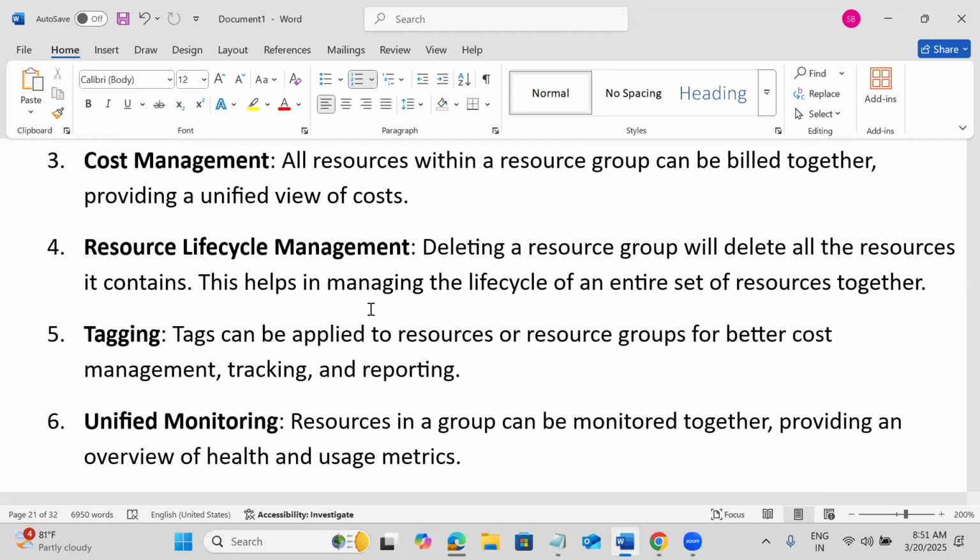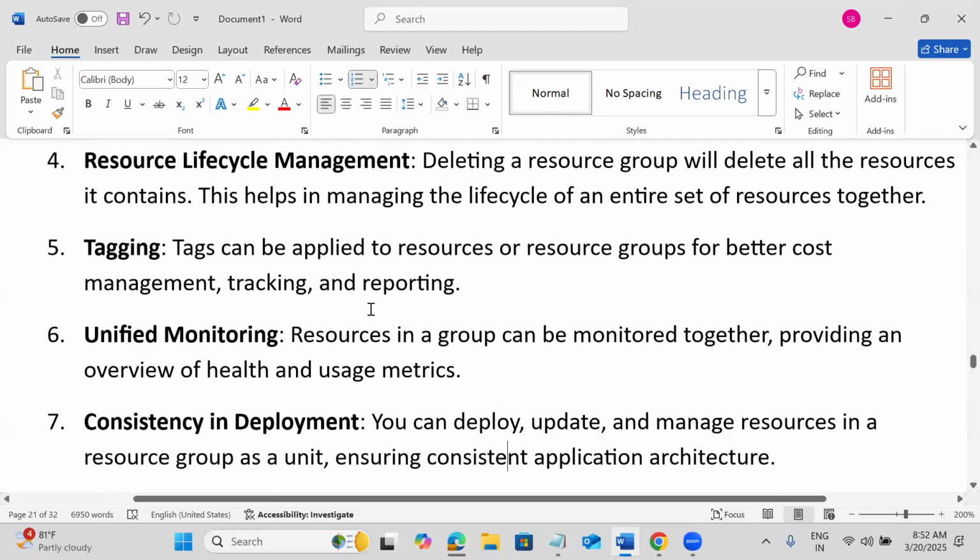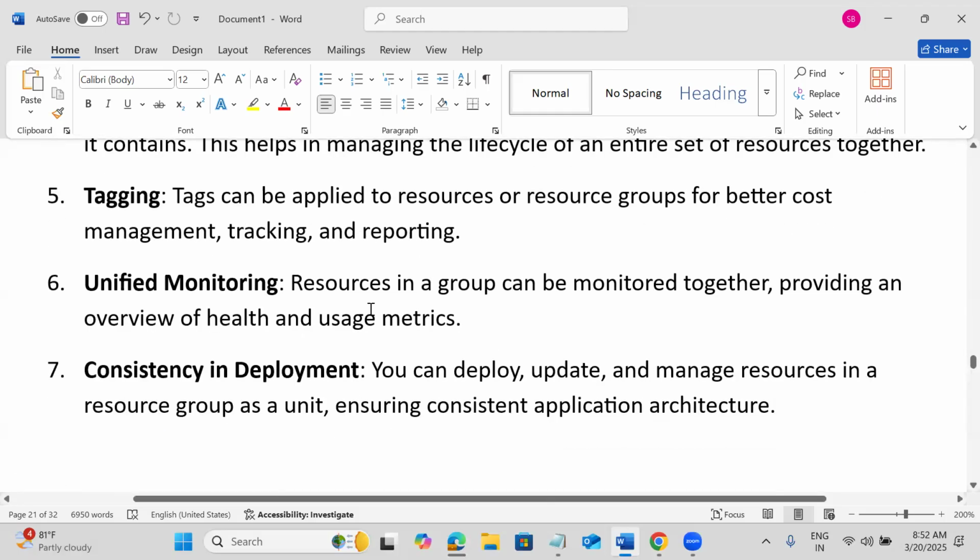Hence, in enterprises, it's always a best practice to use proper tagging for the resources. And all those resources can be unified, monitoring can be done, and it's easy at the organization level using the resource groups.